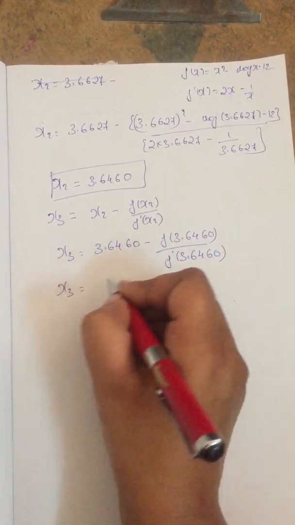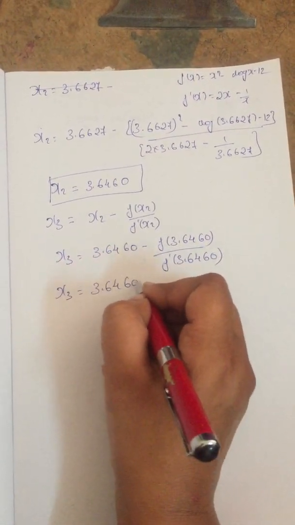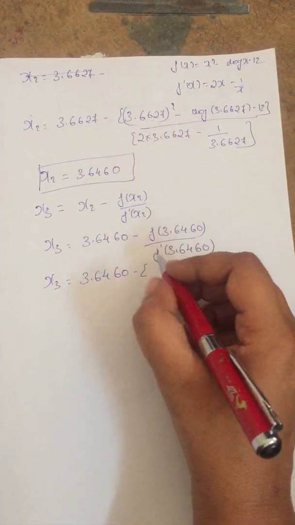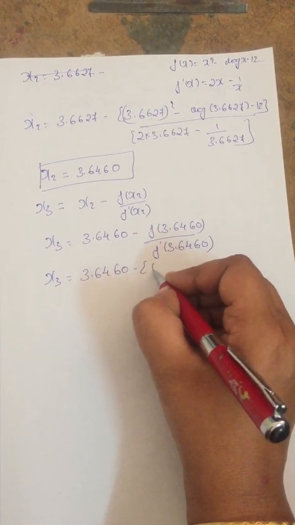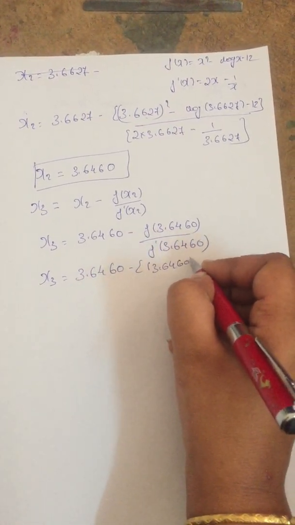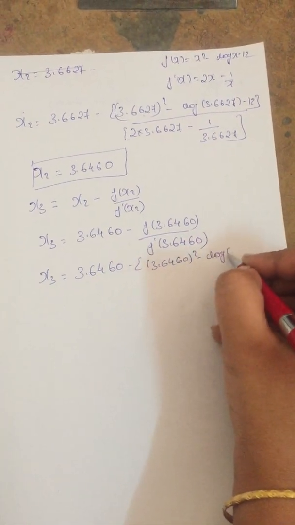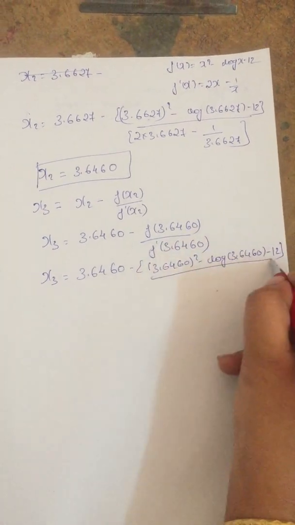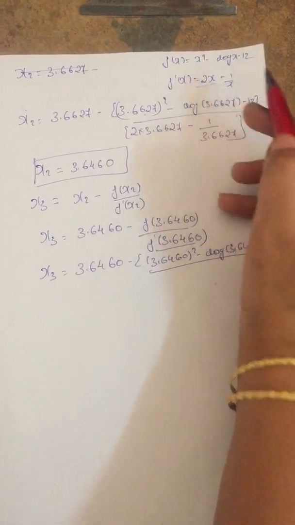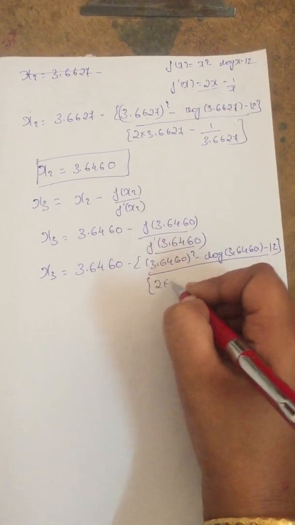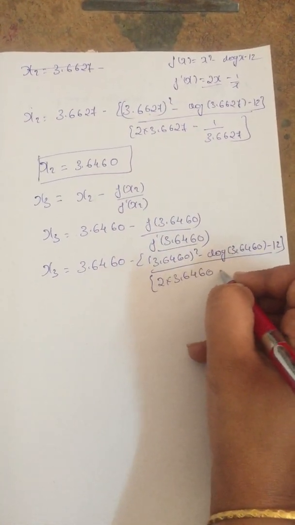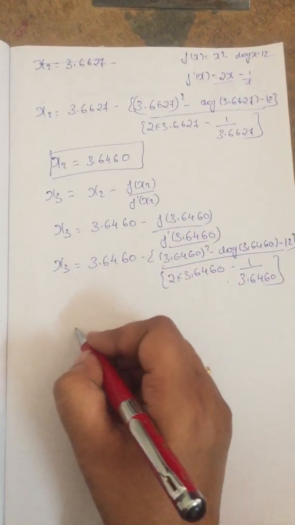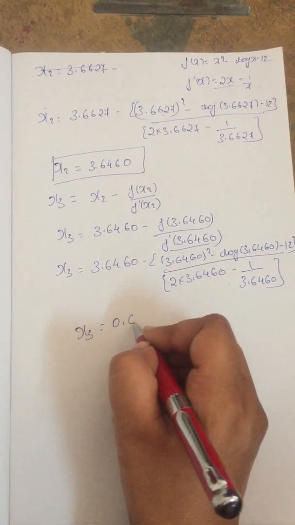Then x3 is equal to 3.6460 minus (3.6460 whole square minus log of 3.6460 minus 12) divided by f dash, where f dash means 2x minus 1 by x, that is 2 into 3.6460 minus 1 by 3.6460. So simplify, here we get x3 value